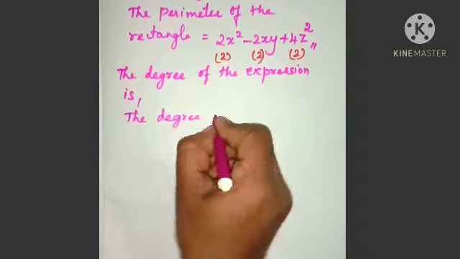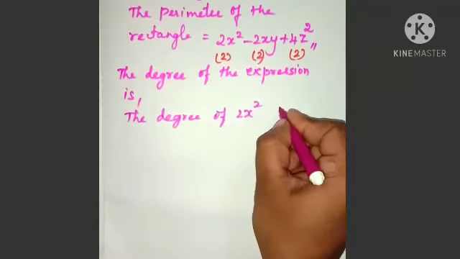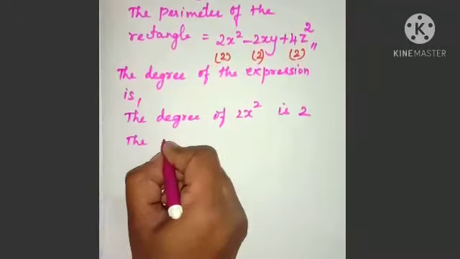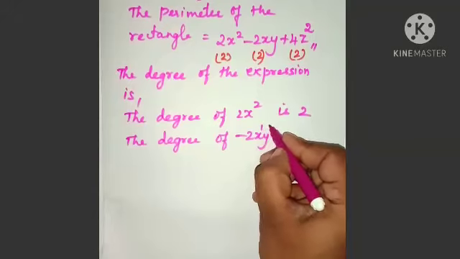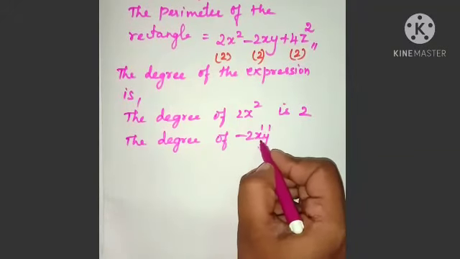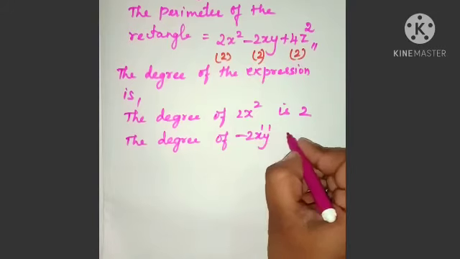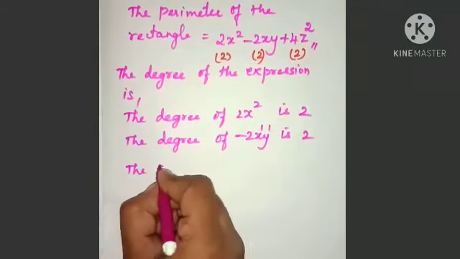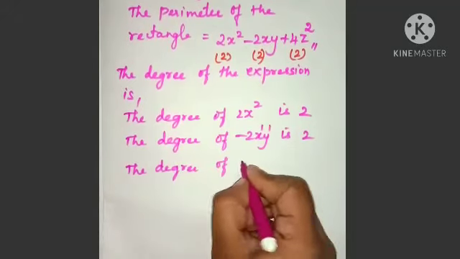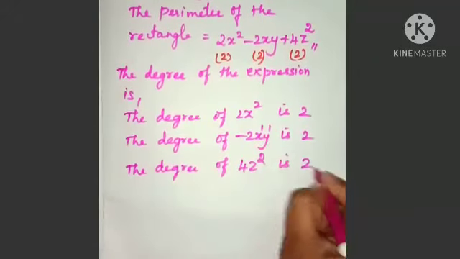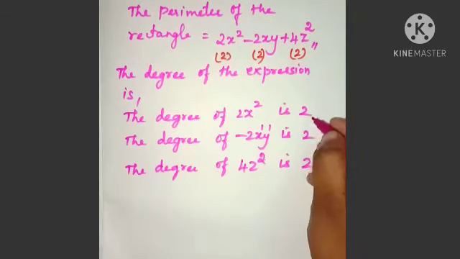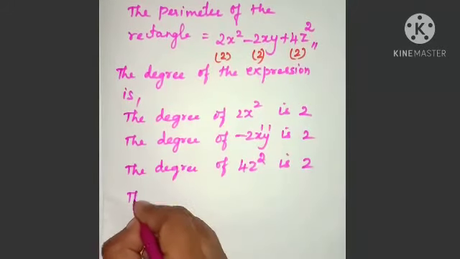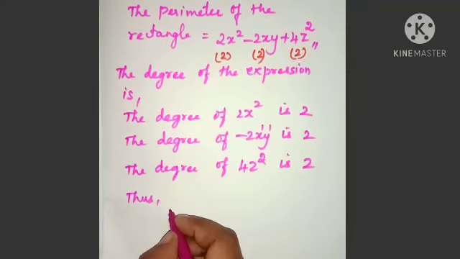The degree of the first term 2x squared is 2. The degree of minus 2xy: the sum of the powers of the variables x and y is 2. The degree of 4z squared is 2, the power of z is 2. Here we get 2 as the degree of each term. Thus, the degree of the expression is